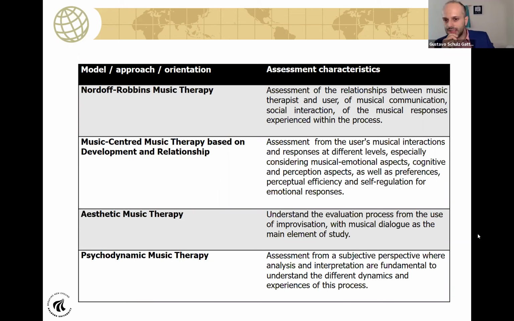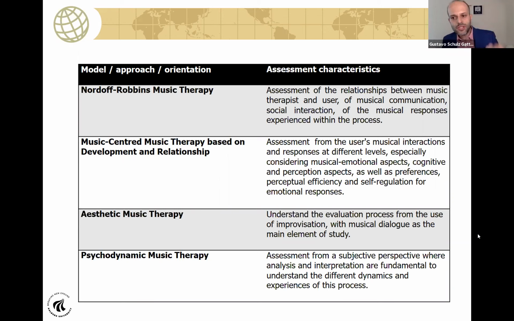When we take the aesthetic music therapy model from Colin Lee, we have something a bit different, even in a musical center model. It's the understanding of the evaluation process from the use of improvisation with musical dialogue as the main element of study. And when we see, for example, psychodynamic music therapy, it's a completely different understanding because